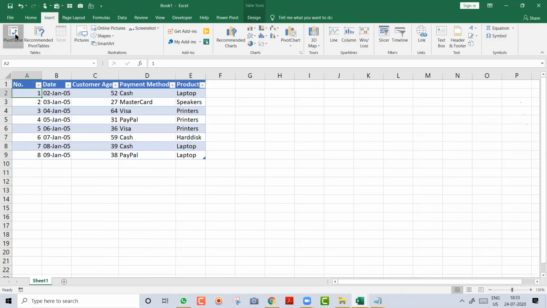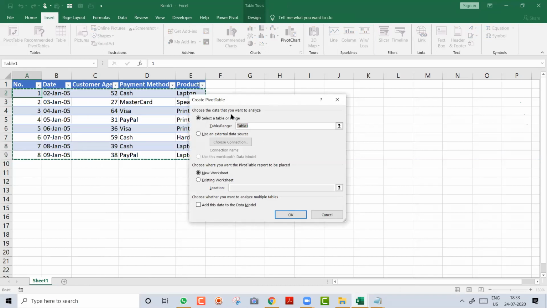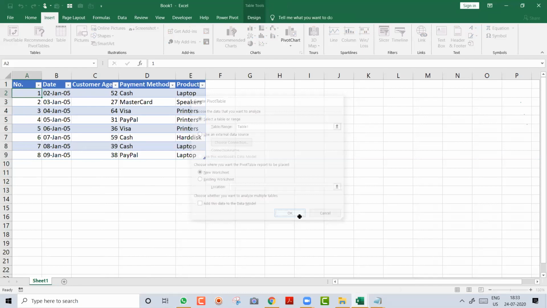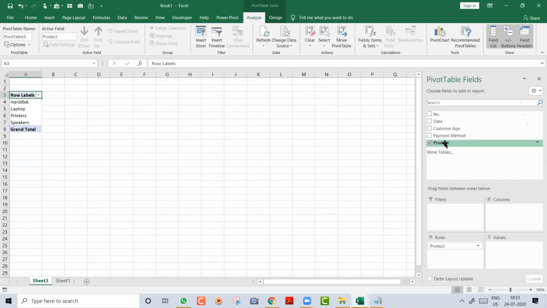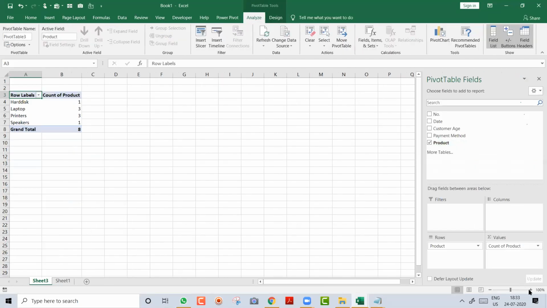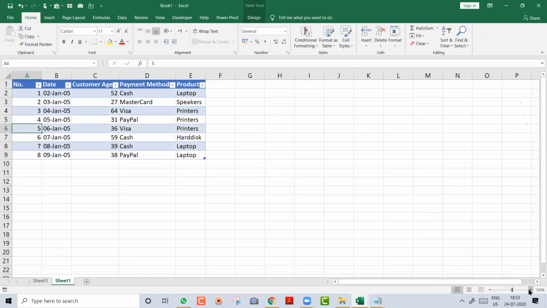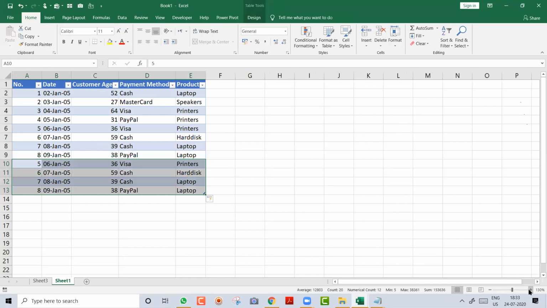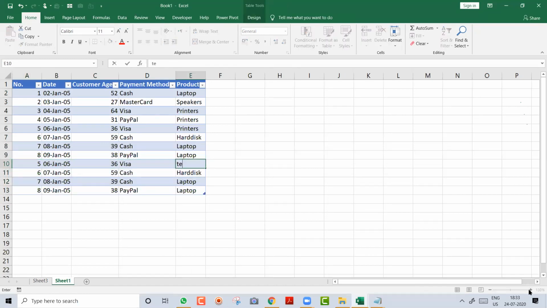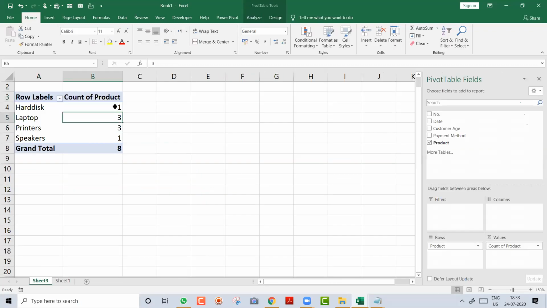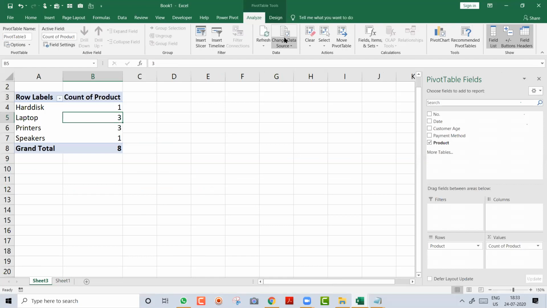What is the benefit? You will come to know now. Here, instead of range, it has taken the table name. Now again, I'm creating product-wise, done. Got it? Now in future, if you add more data to it, let's say I add 4 records over here of test, T-E-S-T-I-N-G, testing. Now when you come here, you don't have to go to Analyze and say Change Data Source.